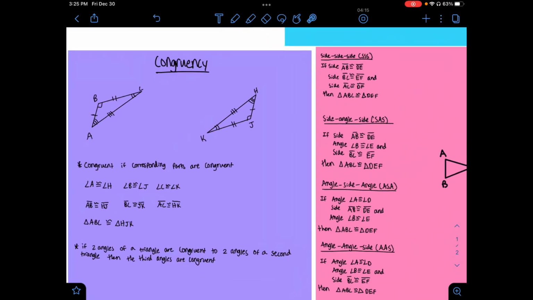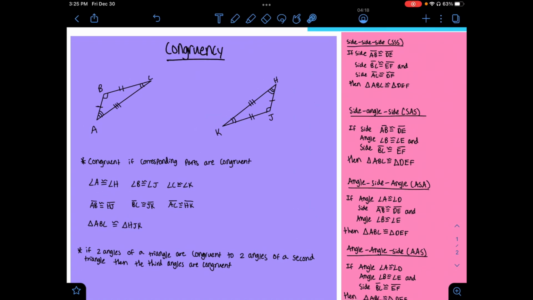Okay. Now we're going to look at congruency. For congruency, triangles are congruent if the corresponding parts of the triangles are also congruent. So here, let's see if this triangle and this triangle are congruent. That means angle A would have to be congruent to angle H because they have to look similar. So these 2 are congruent, and you can see because this has 3 lines and this has 3 lines. When they're on the inside, that's showing that the angles are congruent,